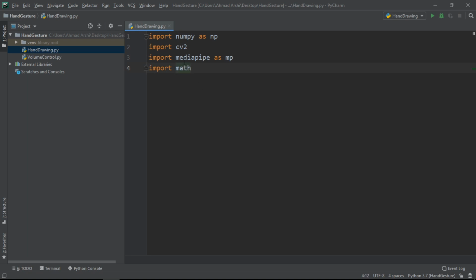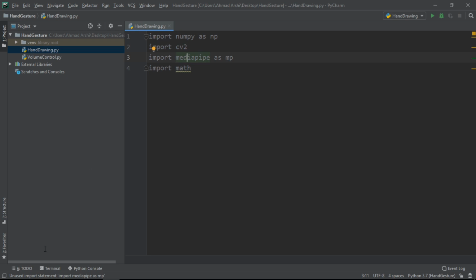There could be a chance that when you are importing all these, you might get an exception for these three. The solution is to click on it, press Alt+Enter, and instead of optimize imports, you will get the option to install the package, and you just need to click on it. Same for the others as well.